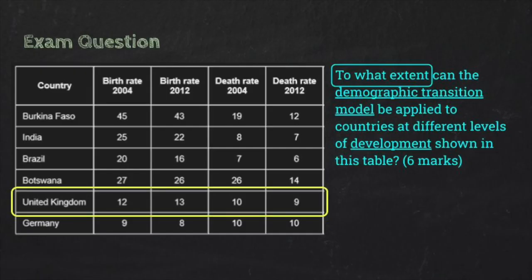So we can use this data to compare between countries and their level of wealth and link it quite nicely to the effect of changing birth and death rates that are caused by changes in the country's level of wealth. For example, the UK has a low rate of growth. We've got low birth rates and low death rates compared to other countries in the table, like Burkina Faso, for example. And so we can make inferences there about the quality of healthcare in the UK, things like the National